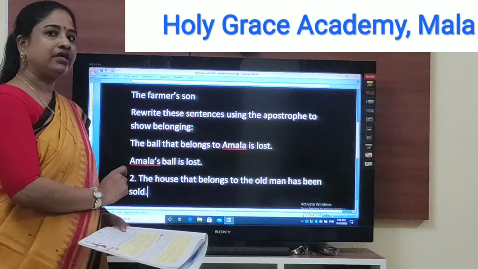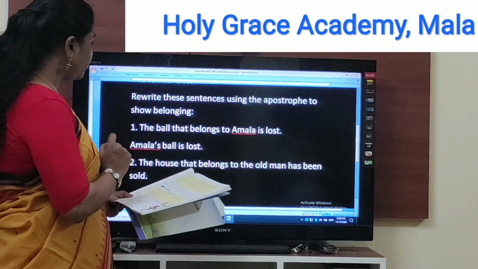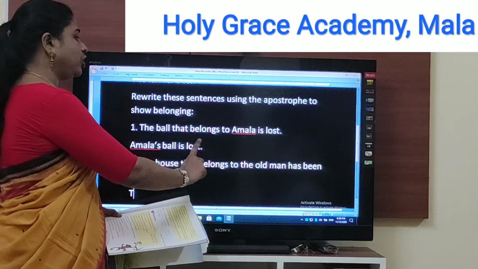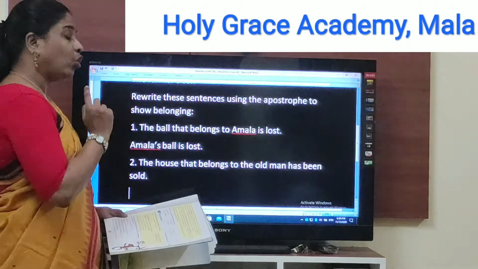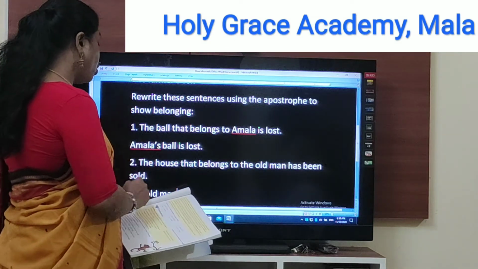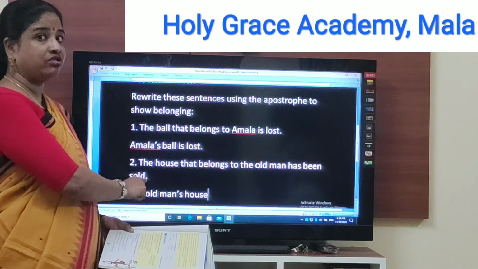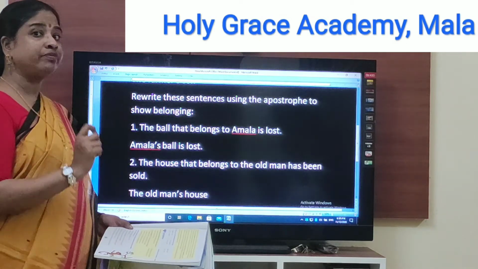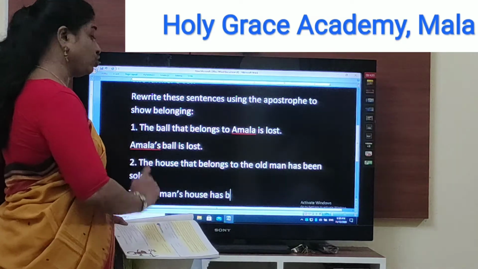Did you get it? Now, the answer, children. What shall we write here? The old man's house. See the apostrophe there? Apostrophe S. The old man's house has been sold.